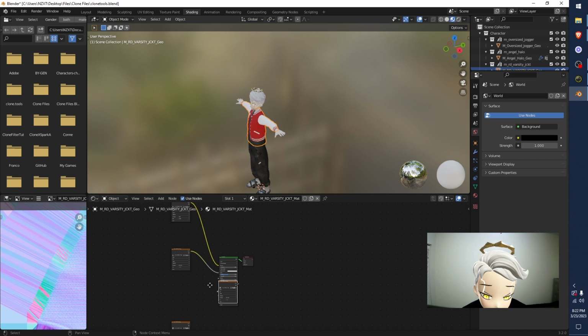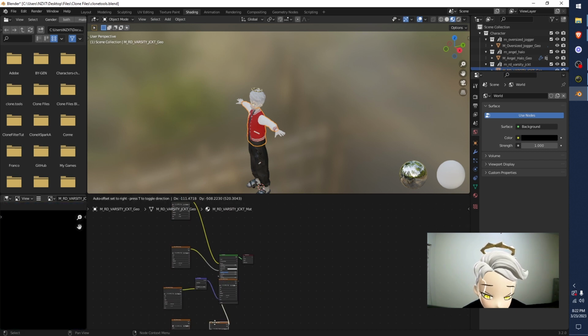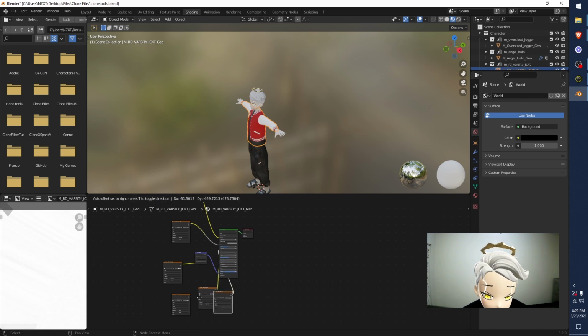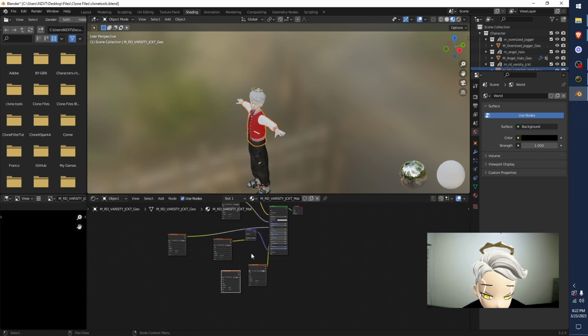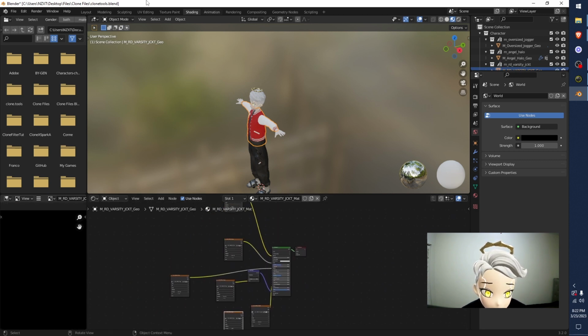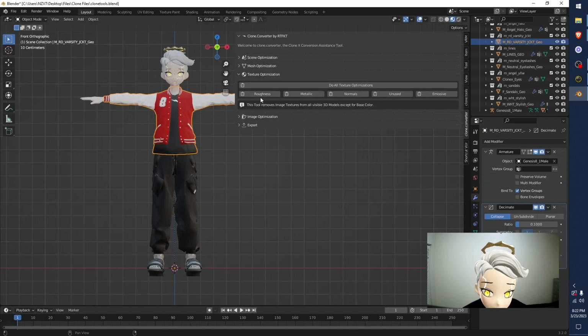Let me just pull this out and pull this out. Go ahead and pull this out. And I guess pull this one out too. Okay, so this one has 1, 2, 3, 4, 5 images attached, and then 1 unattached image just hanging out here. So what this will do is, if you hit this, it will delete everything that is not connected